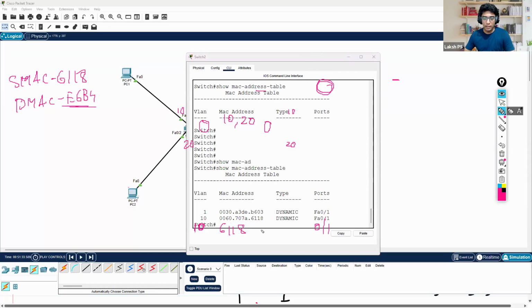You can see 6118 on 0/1 for VLAN number 10. Next, it looks for E6B4. E6B4 is not present in the MAC address table, so naturally it is supposed to flood it out of